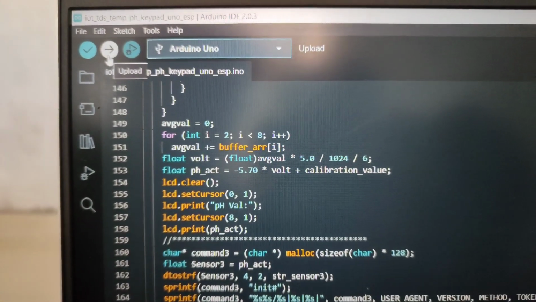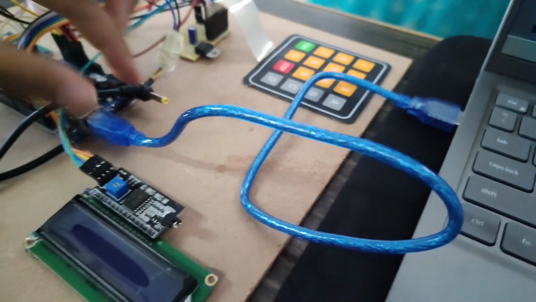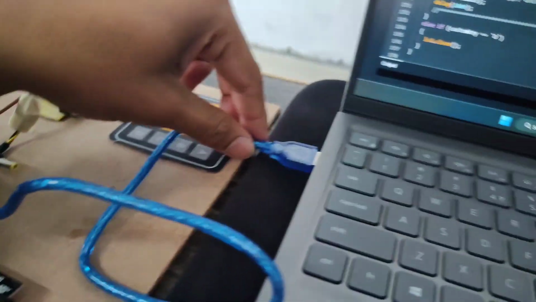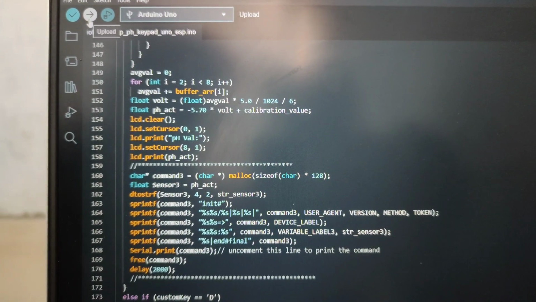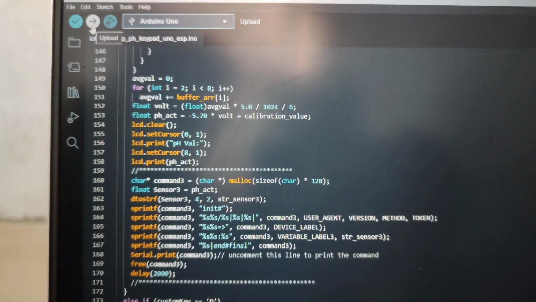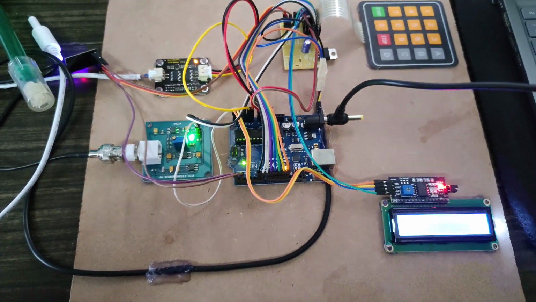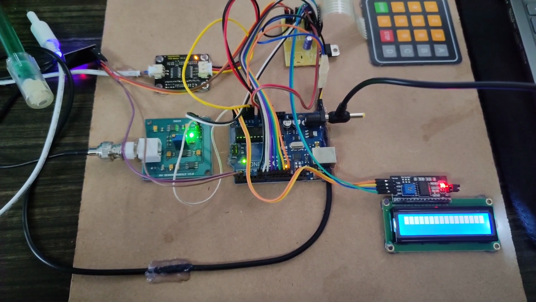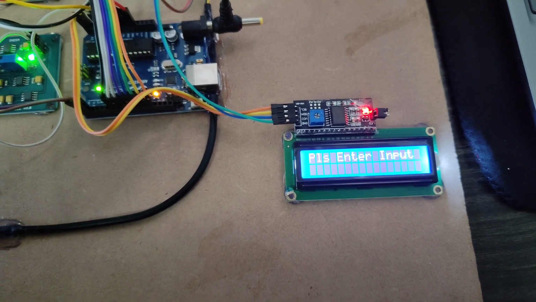This is the option where we are going to upload the program. By using this cable, we connect our Arduino Uno and PC. We have already uploaded the code. After uploading the program, here you can see all the components are working on the LED screen.